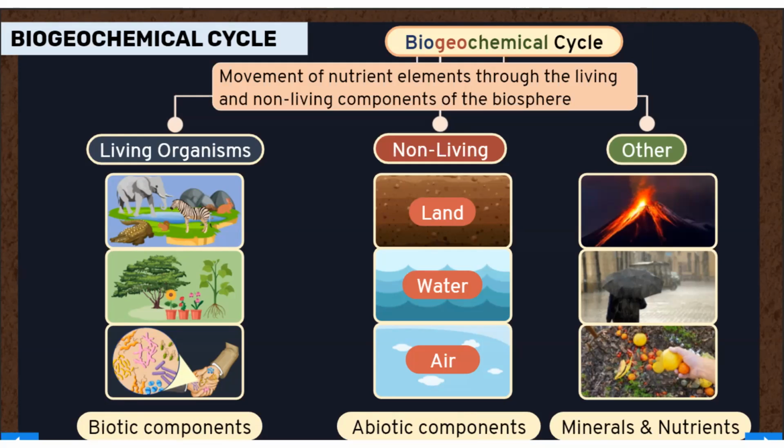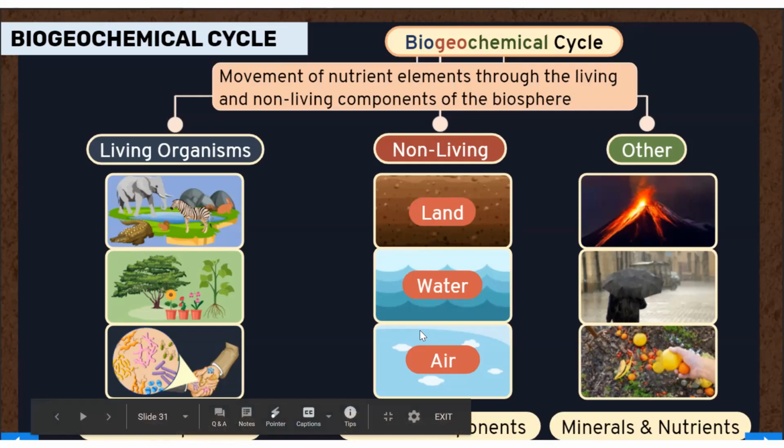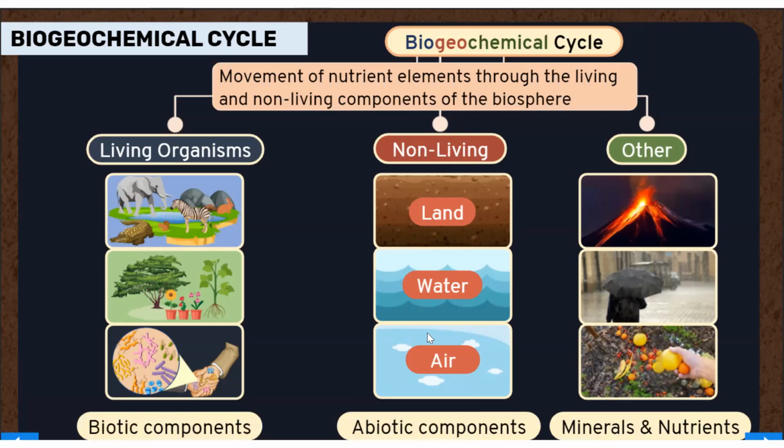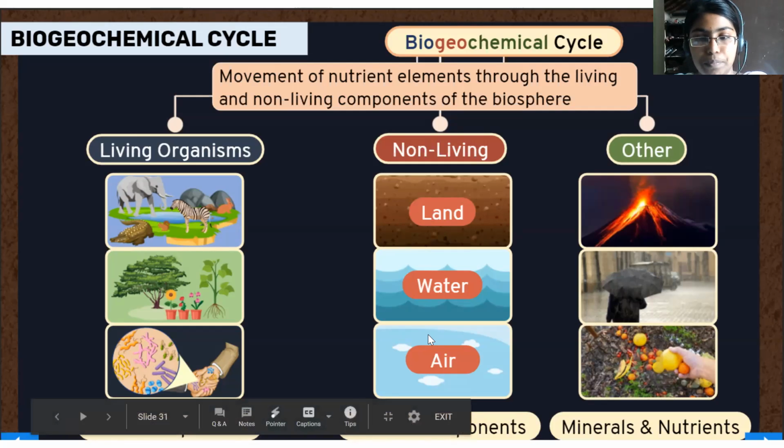Can Atulya give me an example for chemical components here? Minerals. Okay, minerals. Can you give me one mineral? You have many minerals. Give me one example. Like calcium, potassium, sulfur. You could repeat the one which I told you, or you could give me a new one, no issues. Sodium. Okay, great, superb. Very good.